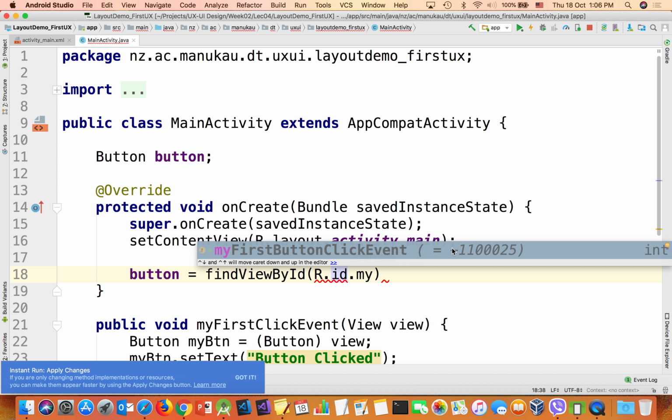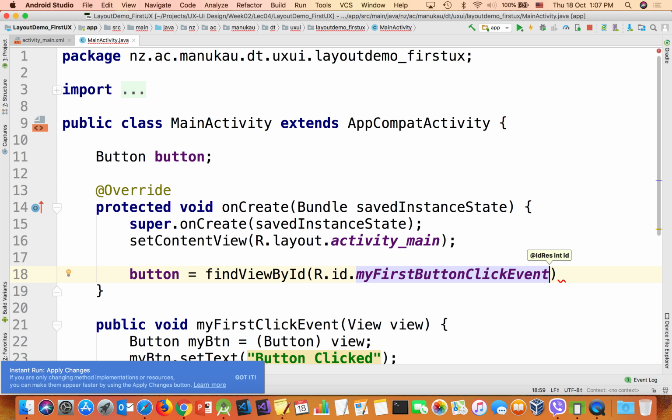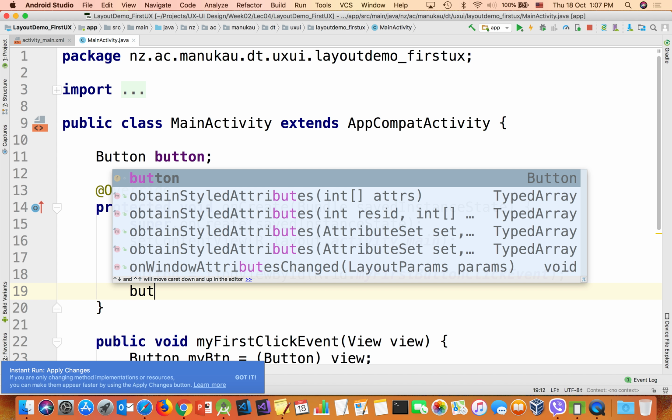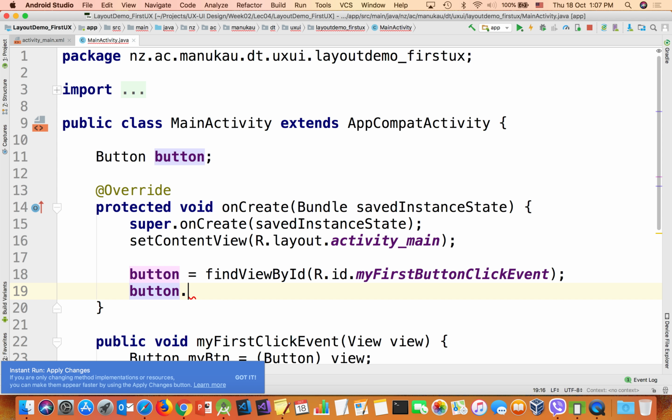If we look at that name, it says my first button click event equal to -11000025, and that is actually an integer value. And then we put the semicolon,